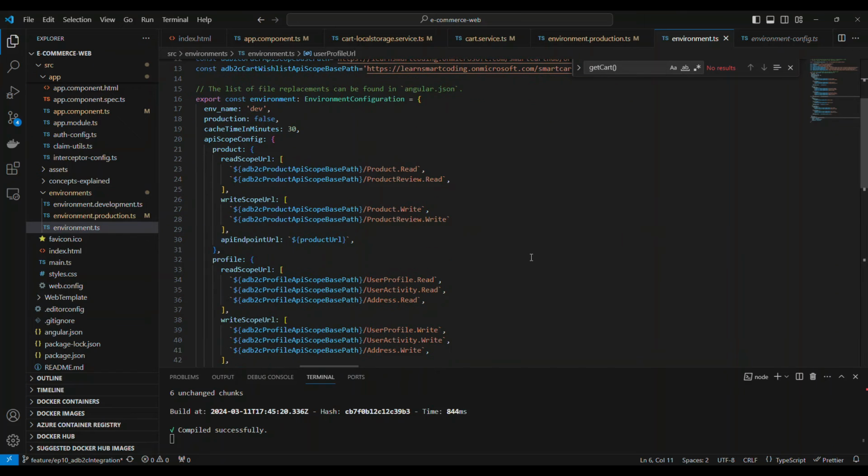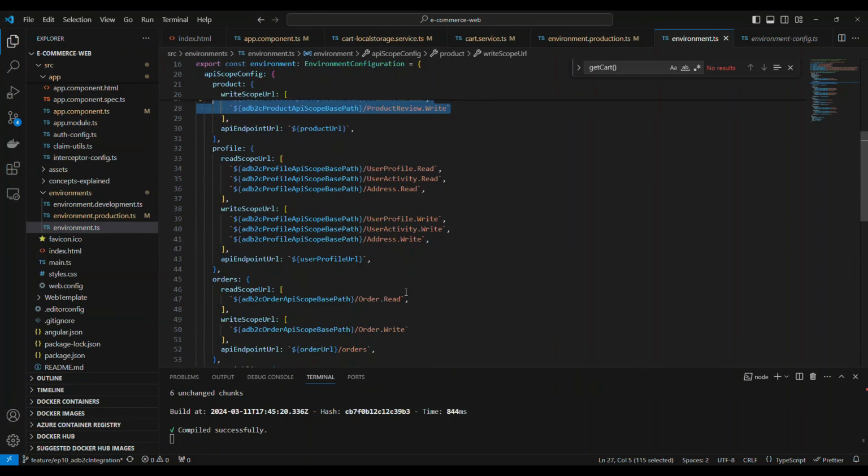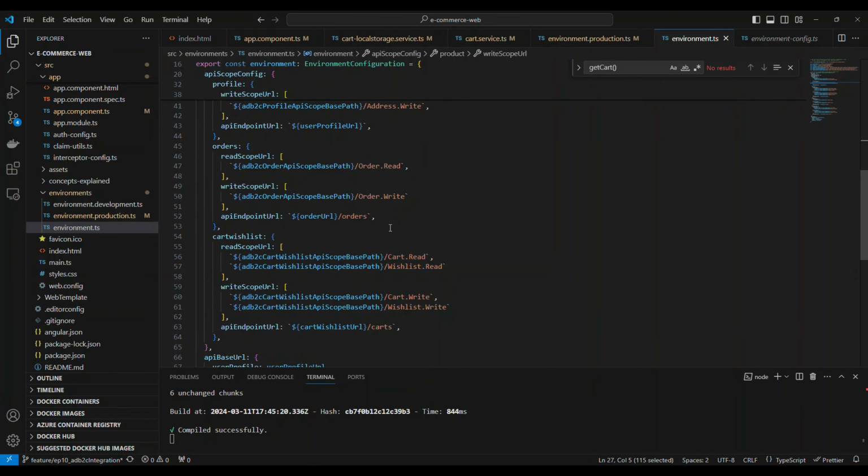Basically here, this is what you need to understand. So I'm defining a read scope, what has to be read, what has to be written, and all of this information for each of the endpoints. Okay, now let's go to